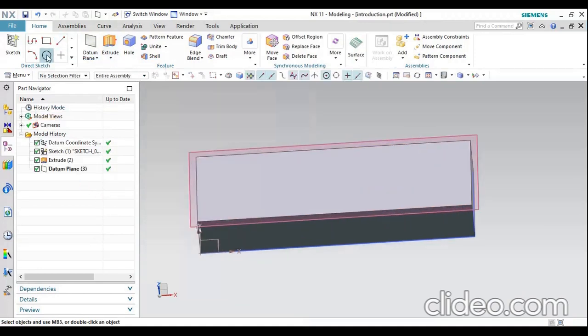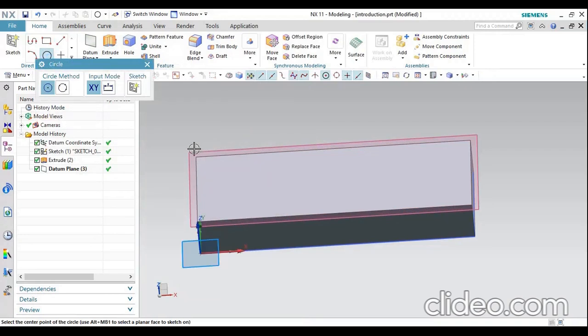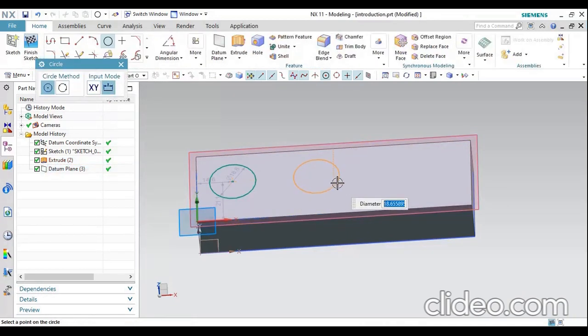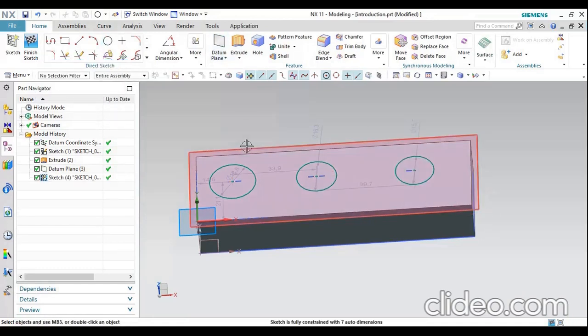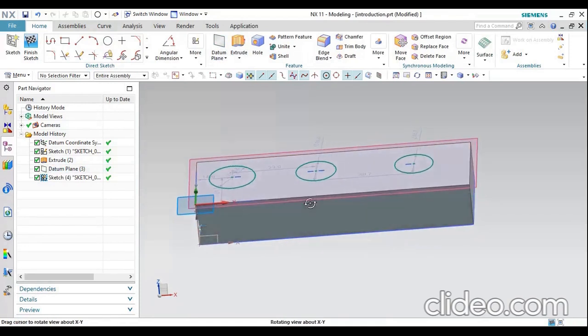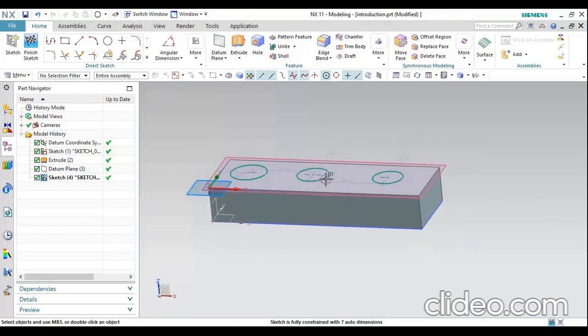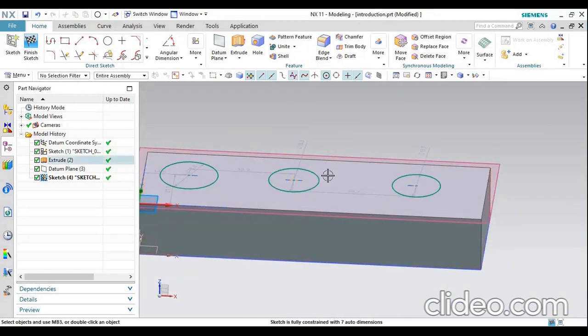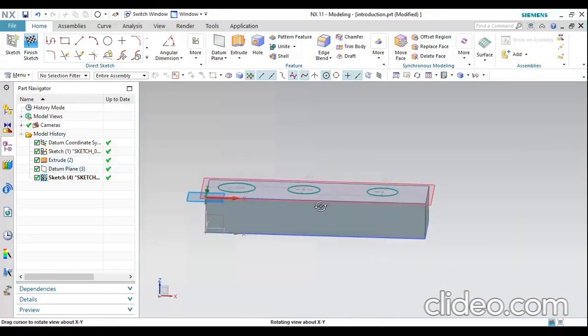Then after, I would like to give a sketch. So please select the datum. Please select the sketch and select the curve, then click OK. Then click OK. So మీకు కనబడుతుంది కదా. సో ఈ ఫేస్ మీద స్కెచ్ అనేది డ్రా అయింది. ఎలా డ్రా అయింది? సో విత్ హెల్ప్ ఆఫ్ datum plane యూజ్ చేసి మనకు డ్రా చేసుకున్నాం మనం. ఓకే.